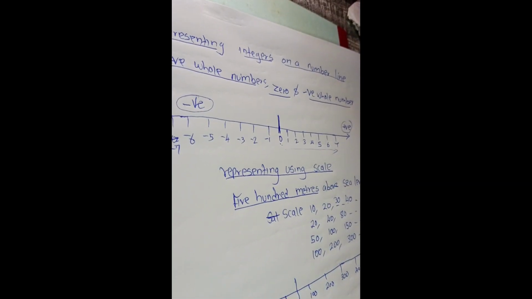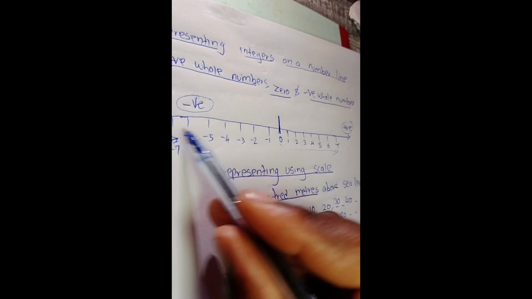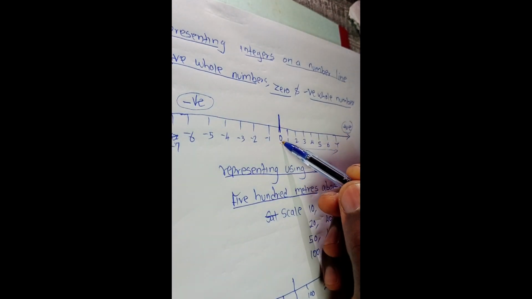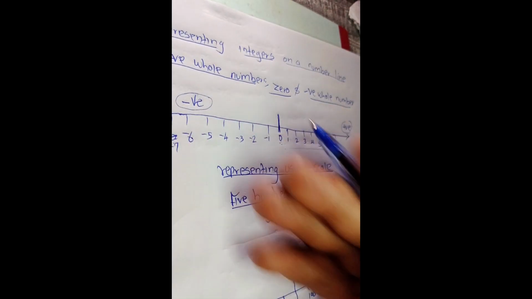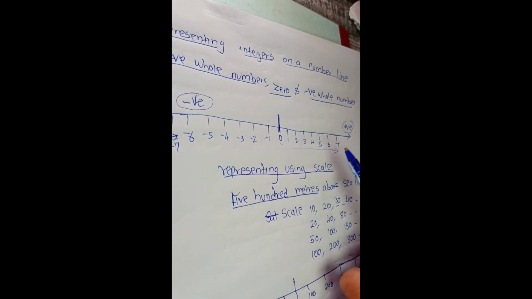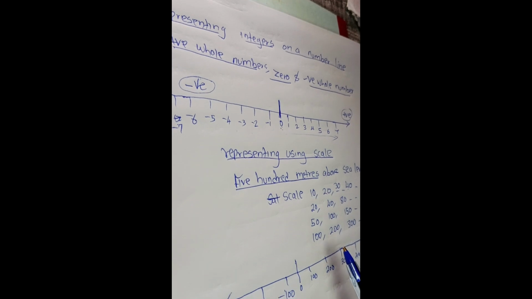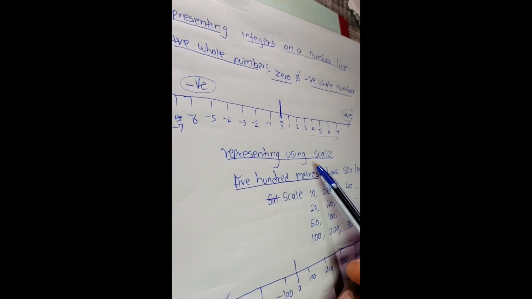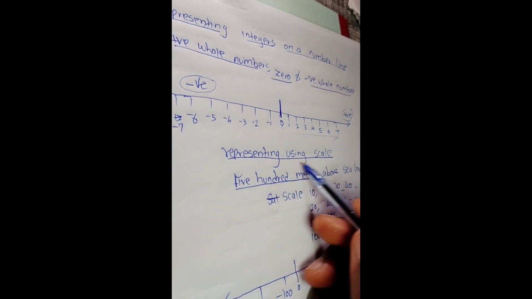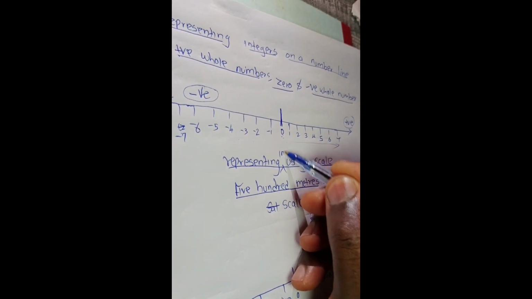It's very simple to draw it. You only need to draw a straight line. You mark the center 0. On the right side, you put numbers which are positive. On the left, you put numbers which are negative. From there, you can move on by representing integers